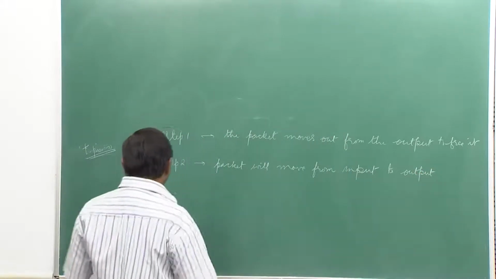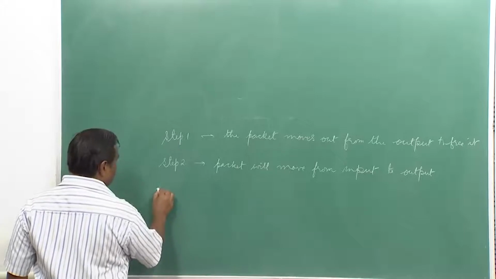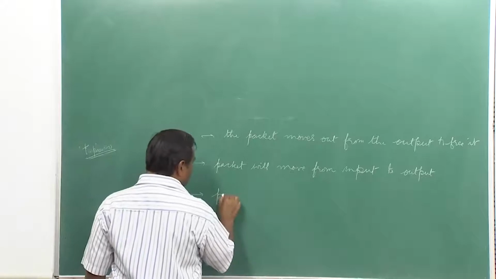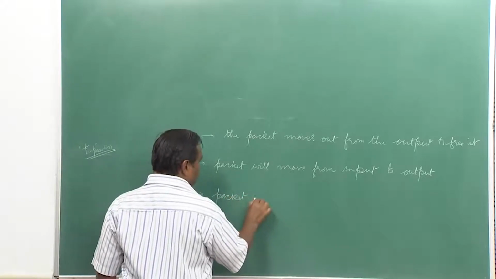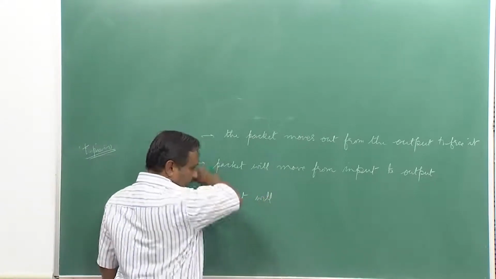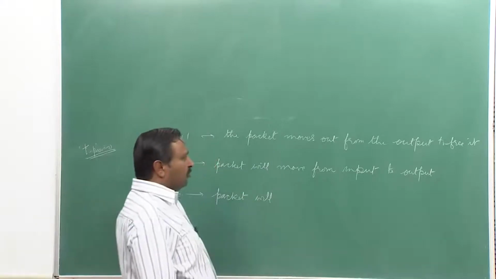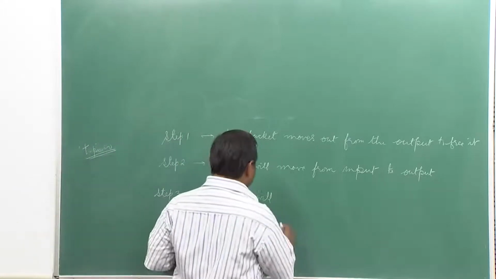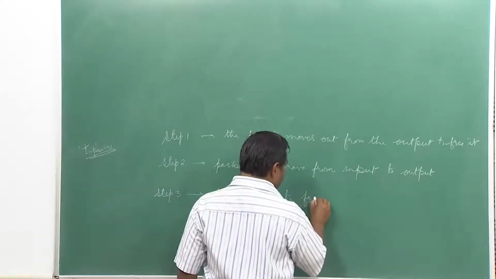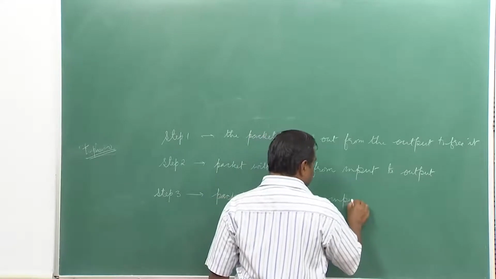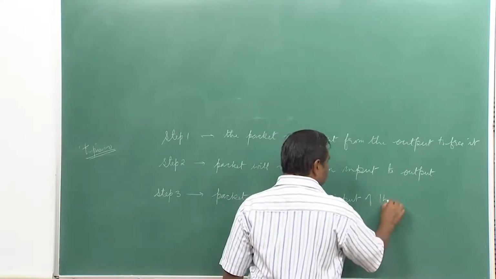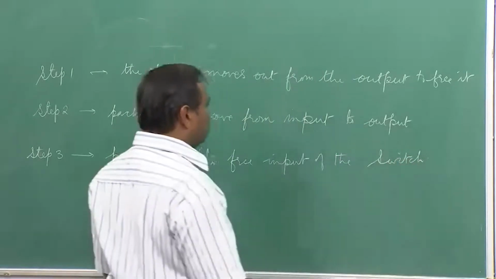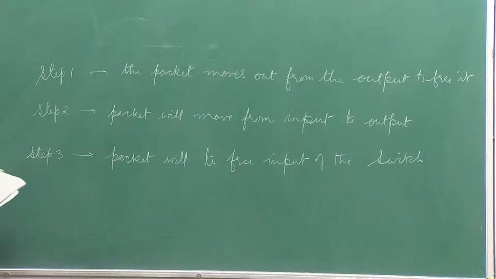Okay. And then there will be a step 3 where the packet will move from the previous switch to the input actually. So, the packet will move to a free input of the switch. So, these 3 things are the fictitious steps which we are going to have,